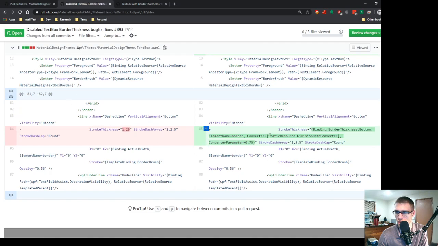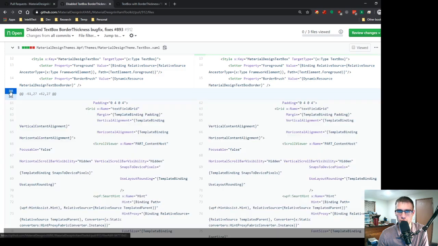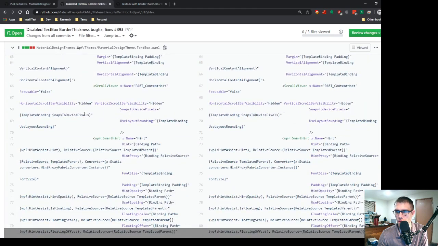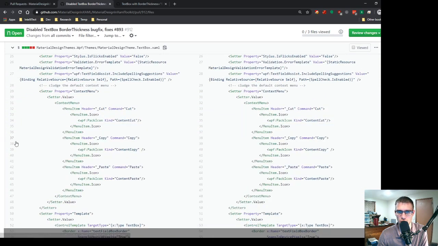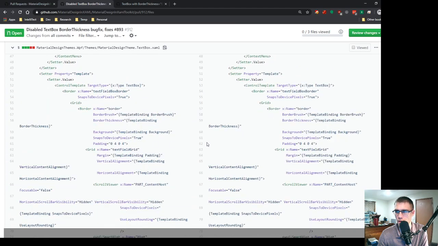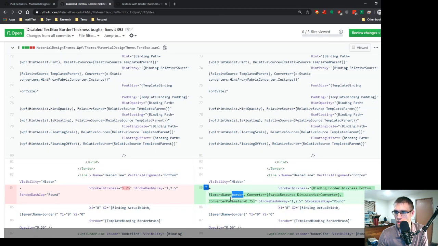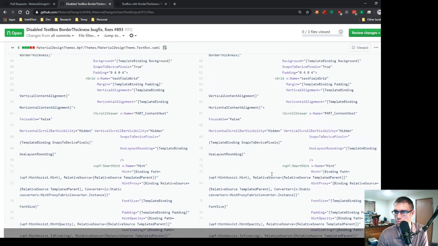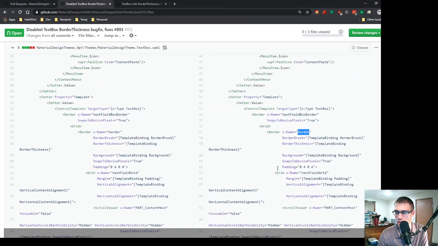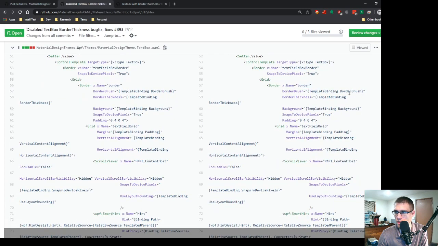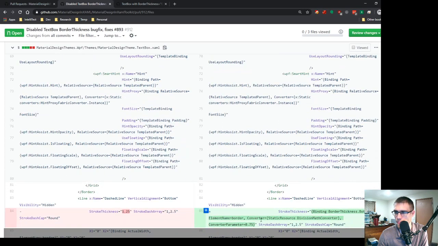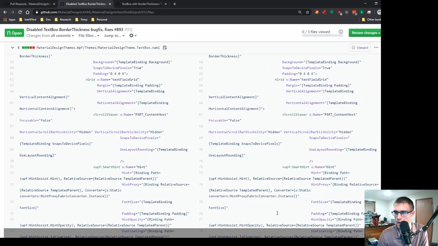So let's take a look, because I'm interested in seeing what this border is. Let's expand this guy out. Kind of just want to go until these two guys meet in the middle. Okay, so this guy here is looking at the element name of border, which is element name of border here. Border thickness uses the border brush, and then does division math converter, which I believe just divides the value by the parameter. So why would dividing by this